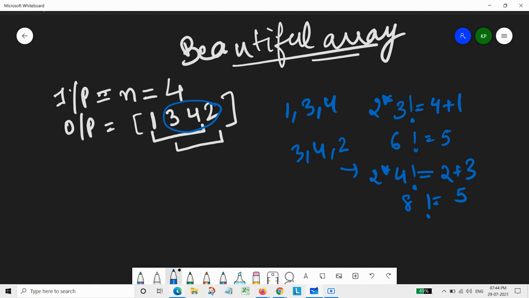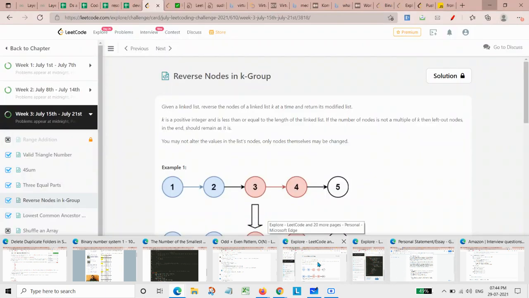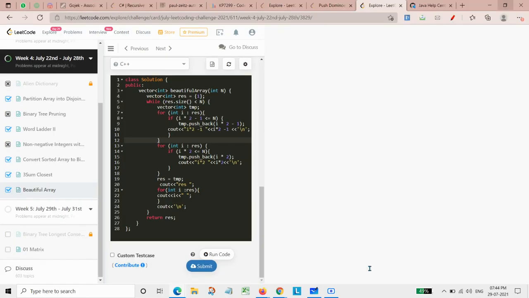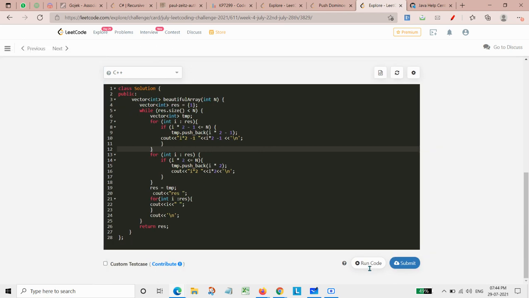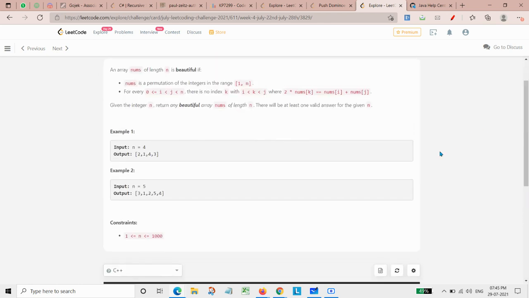The question here is simply that whatever is there in the middle shouldn't be equal to the sum of the left and the right element of that particular element.